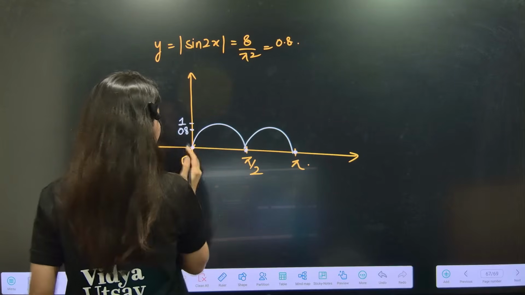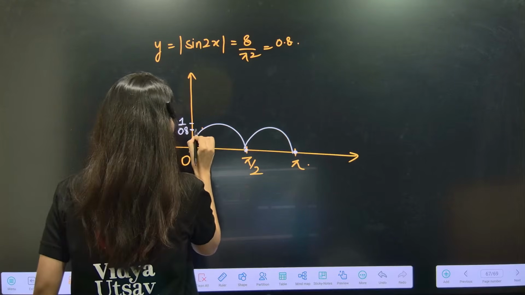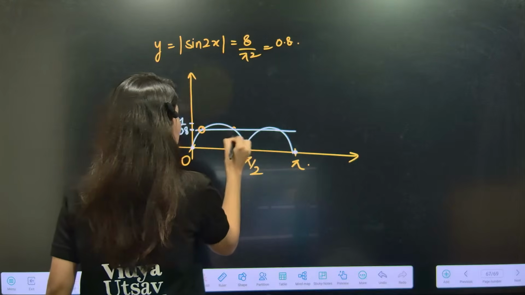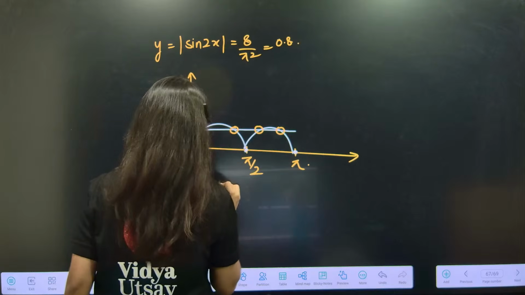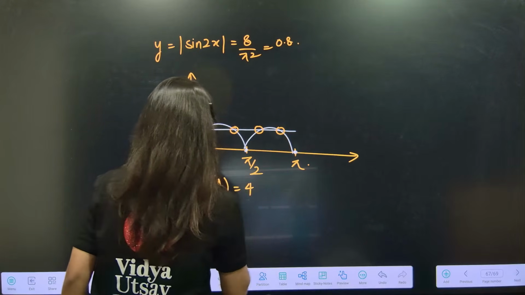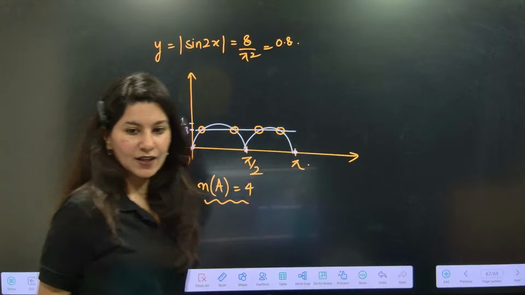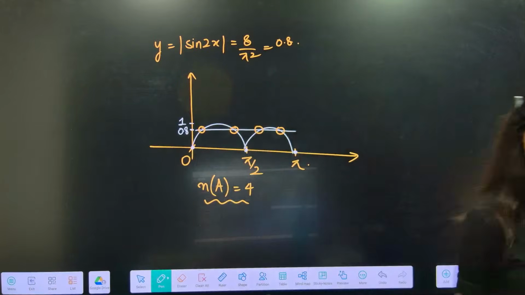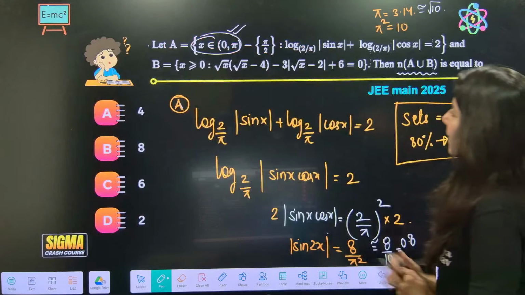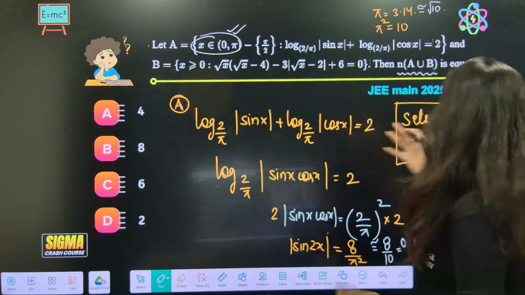And you know what? Between 0 to pi, can you see how many solutions will be there? So there will be 1, 2, 3, 4 solutions. Set A is having 4 solutions. Everybody? Yes? Okie dokie? Clear? Are you getting this? Okay, let's go back and now talk about set B, because the whole question will be